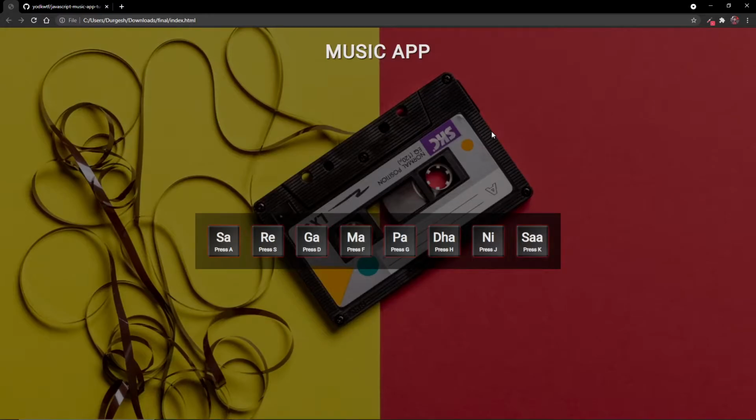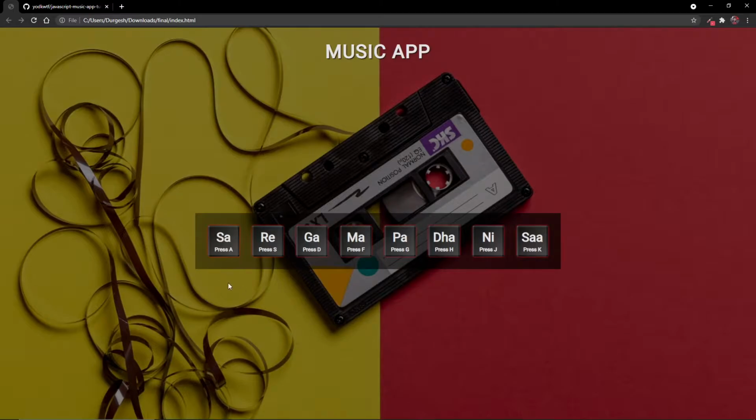Hello everyone, welcome to another JavaScript tutorial, and in this video we'll be creating a music app from scratch using HTML, CSS and JavaScript. Now this app works in two ways. You can either click on any of these keys to play the sound, and let me show you, or you can press the specified key on your keyboard and I'll show you again starting from here. So if I press K, J, H, G, so you see we have this nice little music app working.